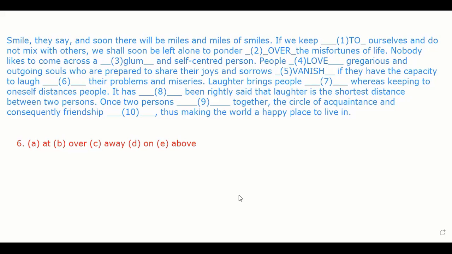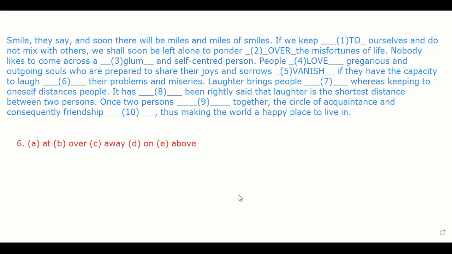Can somebody tell me the difference between when I say laugh at, laugh away, and laugh over? I'll give you an idea, then you will understand. Suppose somebody told me a joke, I'll not say laugh at the joke, I'll say laugh over the joke. But if it is a situation or someone I'm looking at, I'll say I've laughed at him, or laughed at her, or laughed at this. But see the sentence here.